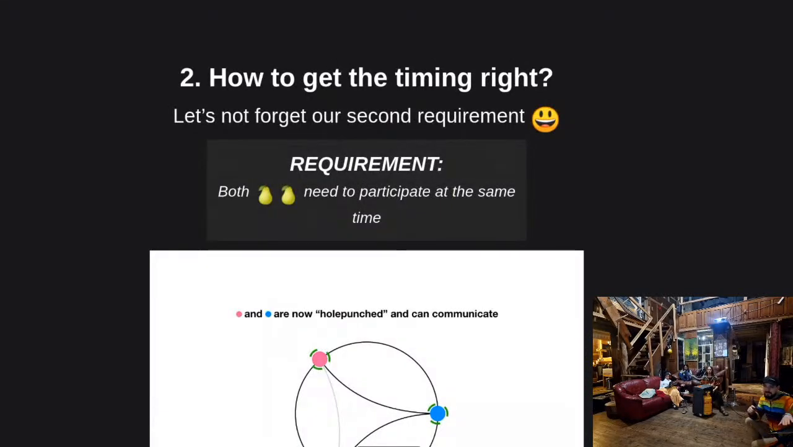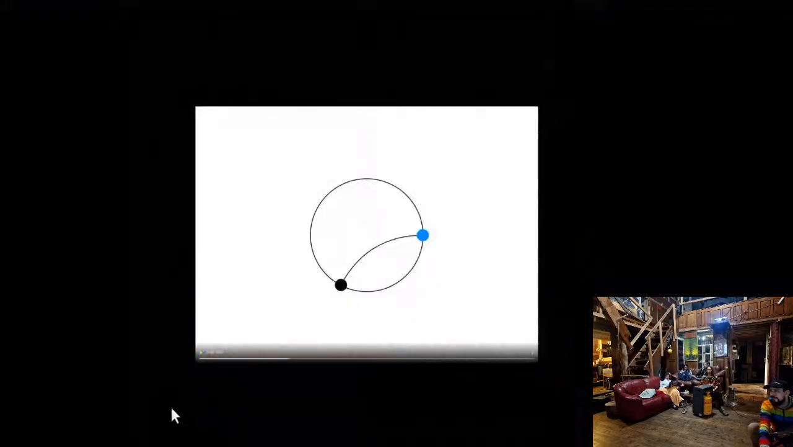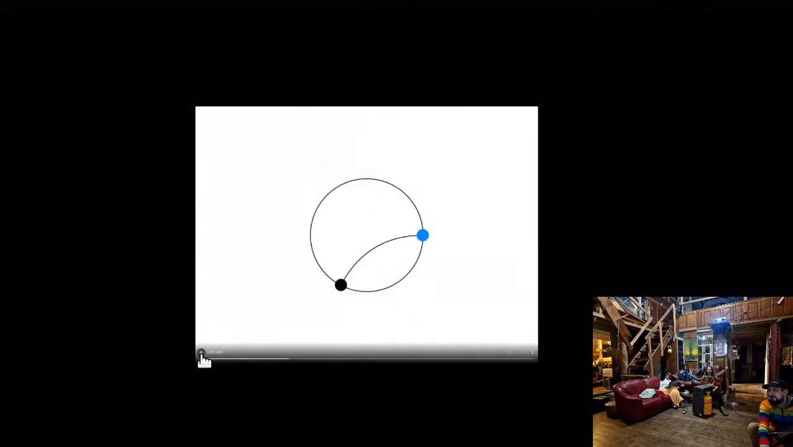So, that's the second requirement, right? The first one, we need to know the ports, and we figured out how we can learn them. And the second one is the timing. Let's see. So if we have one node, we discover a new peer because the bootstrap node told us,